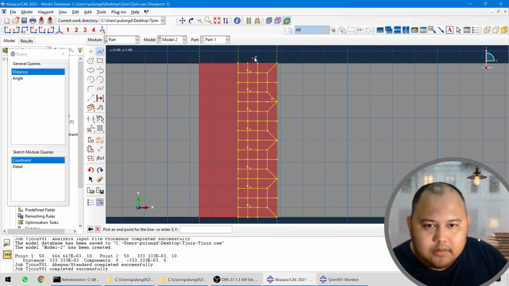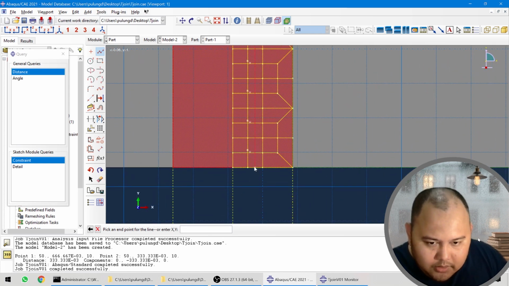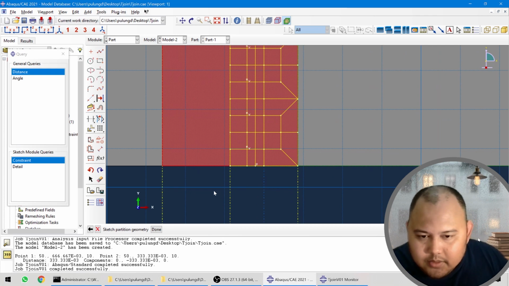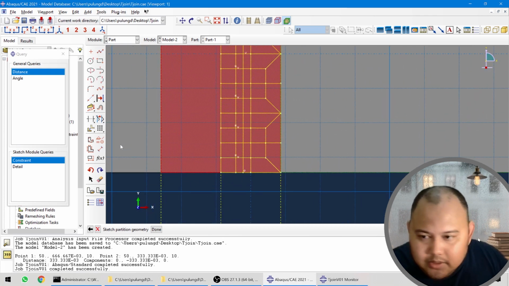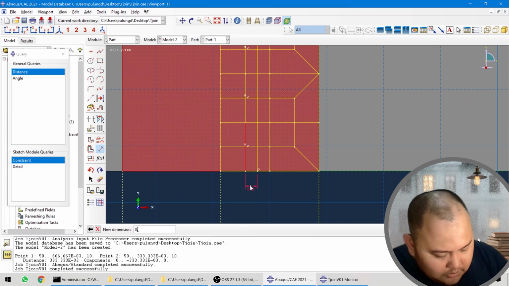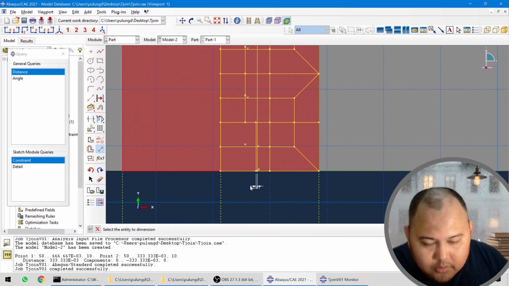Okay, it should be going here, and it should be in the middle. Okay, so this should be 0.0125 divided by 2, right? Oh no,